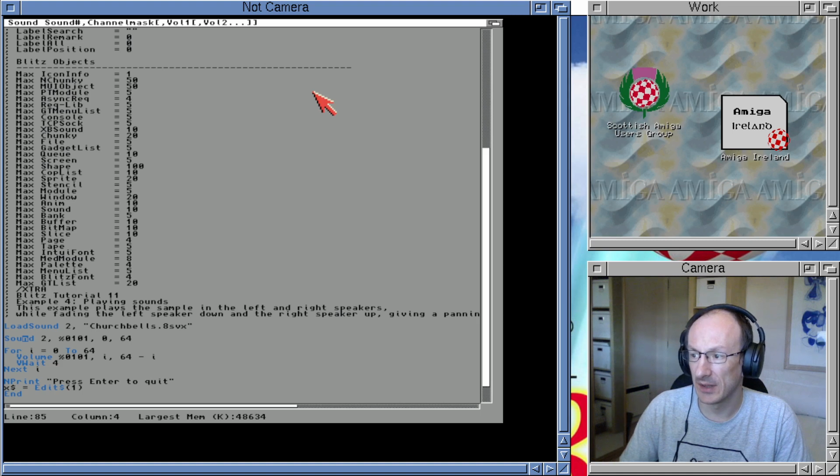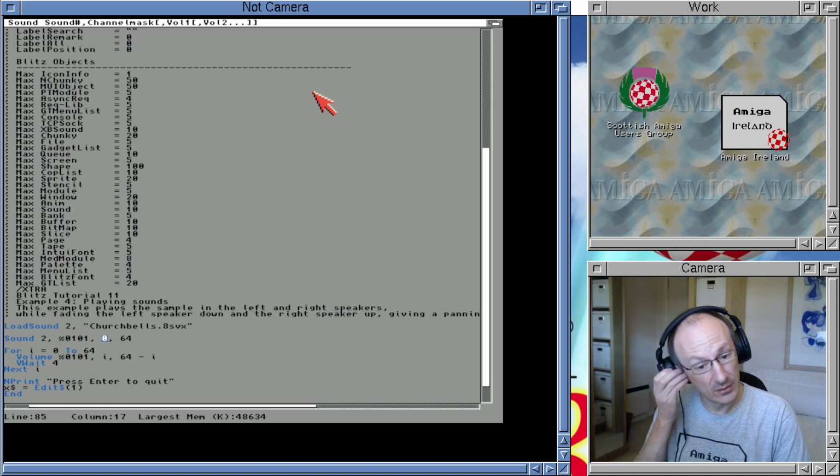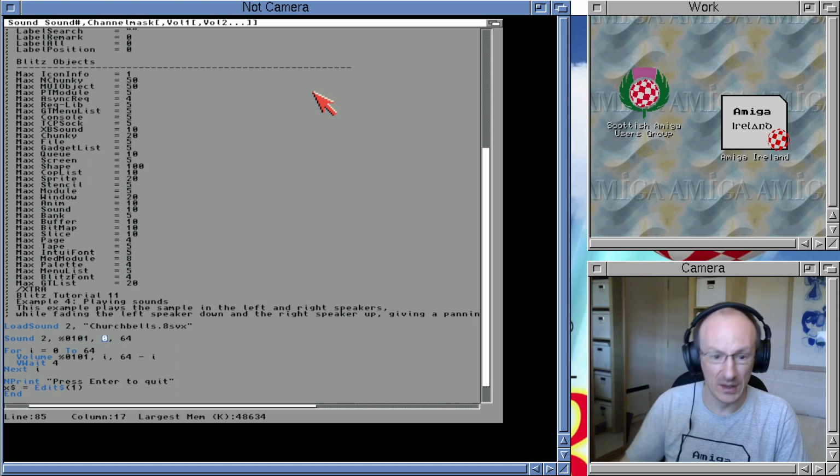Normally if you play the sound, it will just play at maximum volume, which is 64. But for every channel that's switched on, like we've got 2 channels switched on here, channel 0 and channel 2, we can optionally give it a volume value. So what I'm doing here is